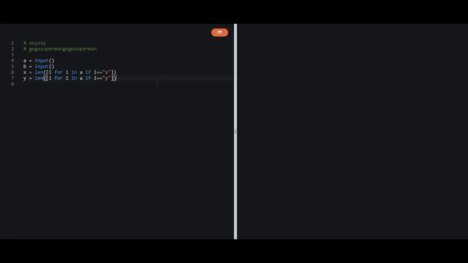So I'll tell you how to go about it without using regular expression. I know it can be very easy using regular expression, but as I have told the reason before also. So let's first think about it. So what are we doing? We are replacing x by g and o. So what we can think about is we can make a loop where we can replace x by a certain number, and that number will tell the length of x, and we can replace the y by a certain number that will represent the length of y.